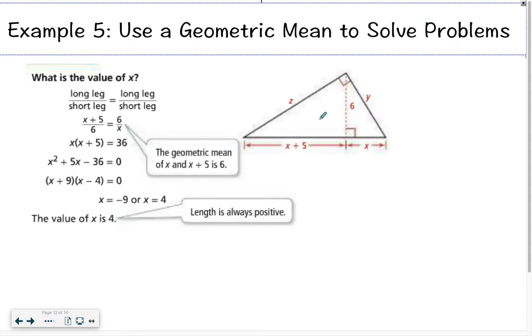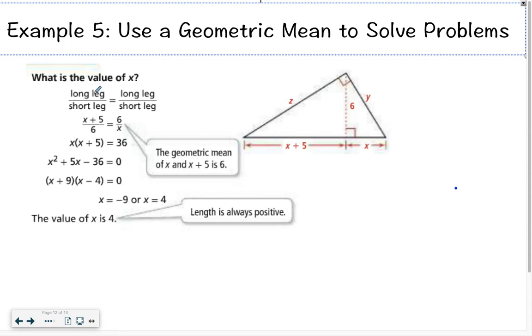The key thing to remember is the repeated side is always diagonal to each other, or to itself. Okay, so then what if we want the value of x? So if we look here at this triangle, I know that my hypotenuse is made up of x plus 5